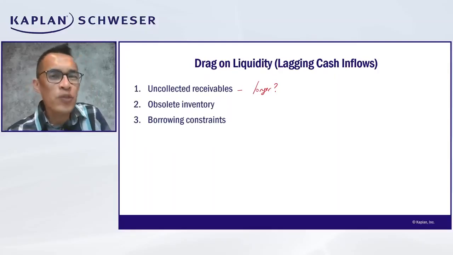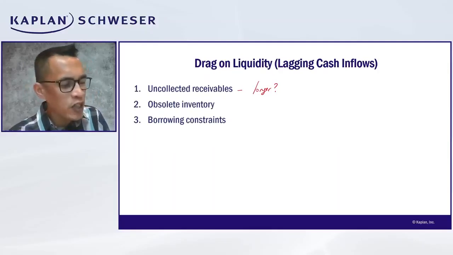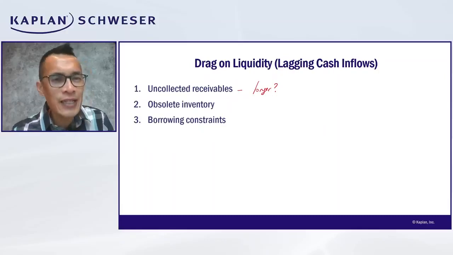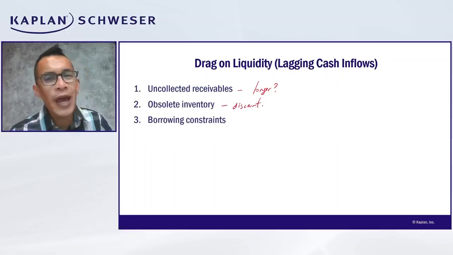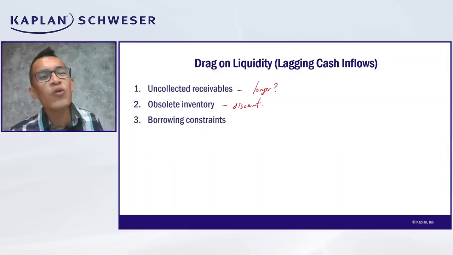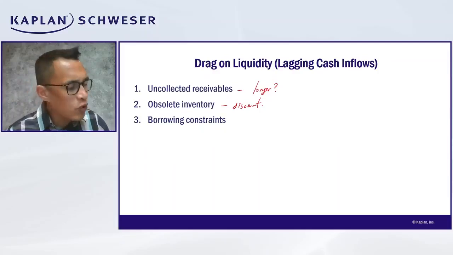Obsolete inventory is pretty obvious. It refers to items that are not demanded by customers and can only be liquidated at a discounted amount, right? So the thing is that the amount and the timing of the cash flows, which is low amount and later, are both unfavorable. Okay, borrowing constraints refer to